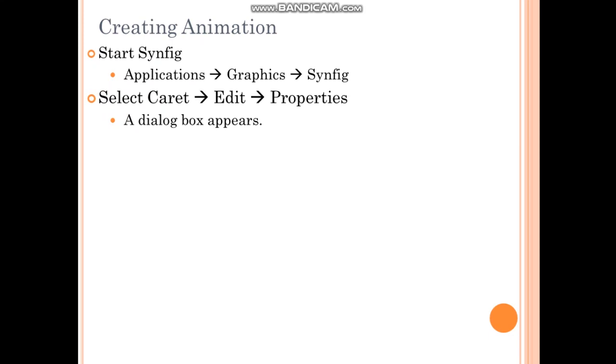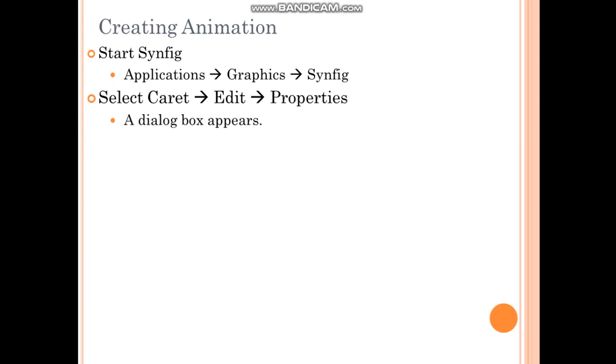Now, creating animation. How to create animation? For that, start Synfig. If you have not installed Synfig, then you can download it freely from the website because it is open source. After installing Synfig, you can start it using Start, caret, Applications, Graphics and Synfig option.